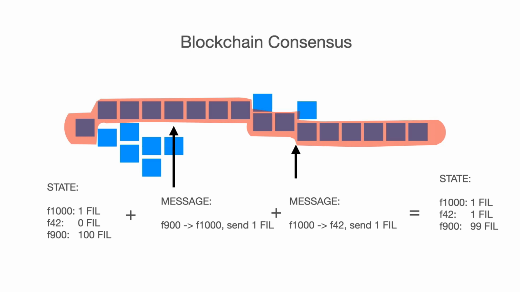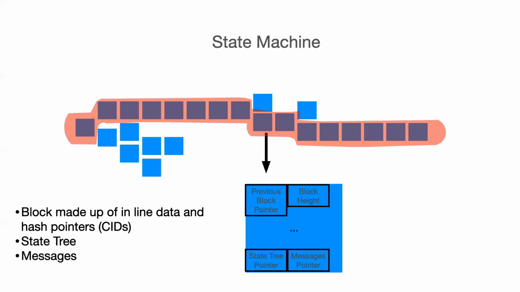And so we have these state transitions which are associated with a block, and we have a starting state and we have an ending state. So Filecoin actors are how we organize these state transitions. There's an internal state machine to Filecoin, and the entry point comes through the blocks. So to just dive a little bit into the details of how the state machine is connected to the blocks in the blockchain,